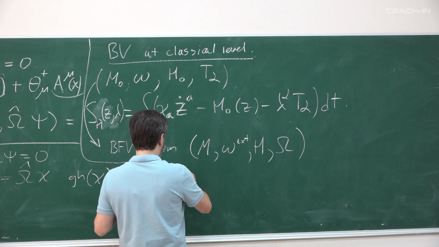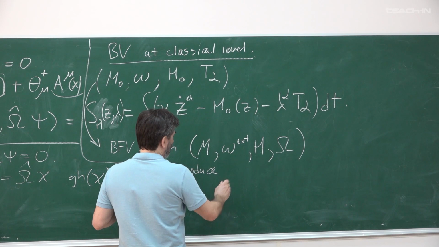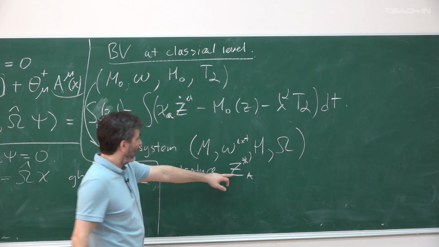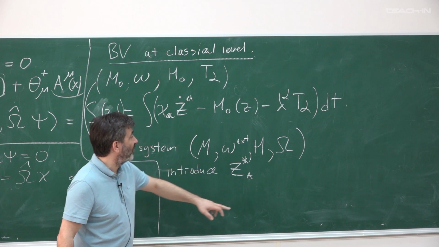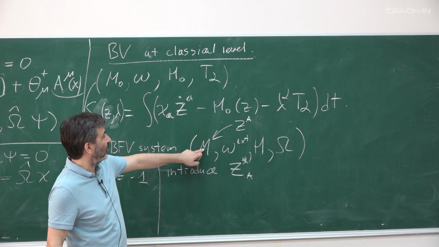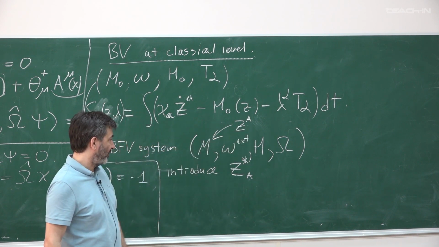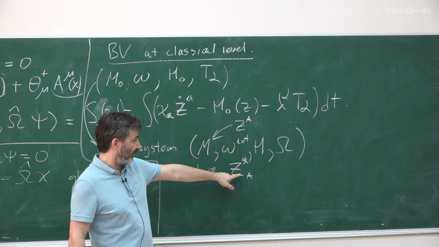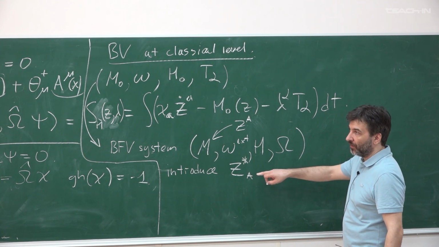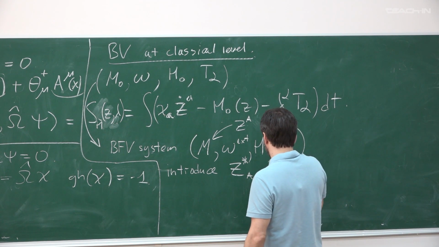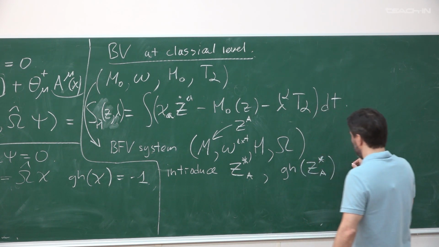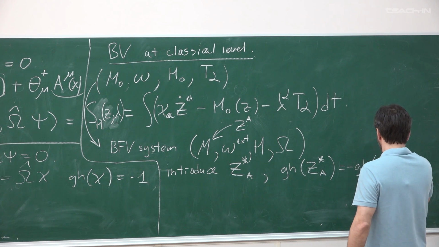So let's introduce new variables and call them Z star A. Now I use capital Z with capital A index to denote all coordinates. So Z A are all coordinates, our phase space coordinates plus ghost coordinates. They are all now denoted like this. And then we introduce conjugate momenta to them. But these conjugate momenta are not usual. Their degree is different. So ghost degree of Z star A equals minus ghost degree of Z A